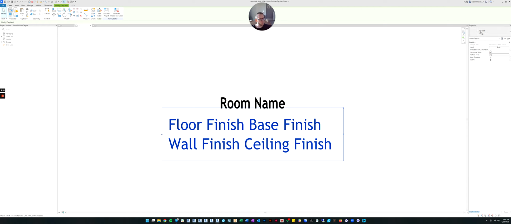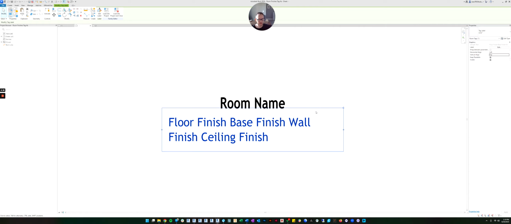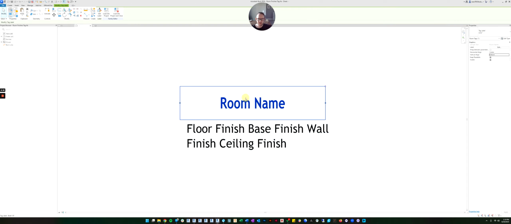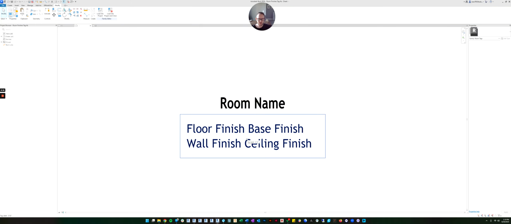Now, do you see how it says 1/8? The label is 1/8 of an inch text. Maybe let's make it smaller. Let's do 3/32. If you wanted to, you could change it more. We can also set how wide we want the text to go before it makes a new line. So let's set it up so that it only goes about like that before it makes a new line.